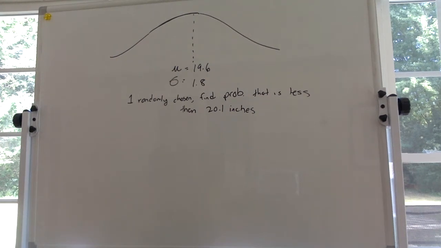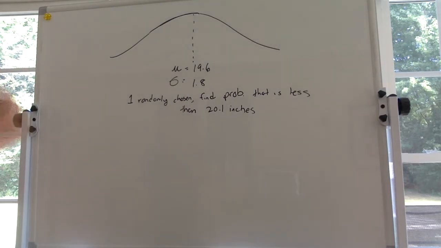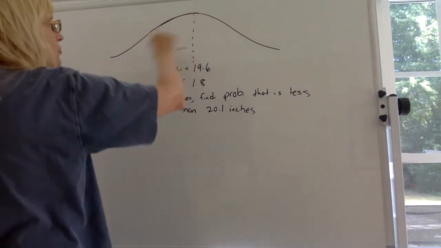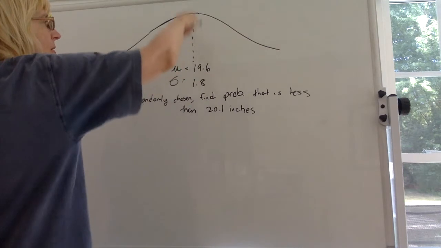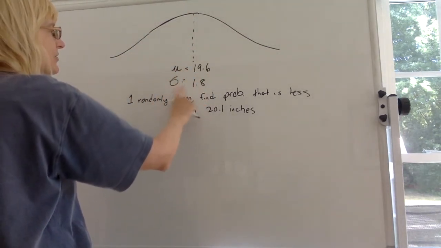Okay, for this problem, we are given the mean and the standard deviation. I guess they took measurements of a bunch of objects. They said that the mean was 19.6 and the standard deviation is 1.8. And they tell you it's normally distributed. So as soon as they say normal, I draw a bell shape. Mean is right smack dab in the middle, so that's mu equals 19.6, and this is the standard deviation that